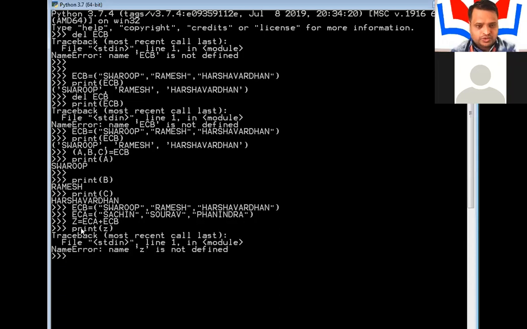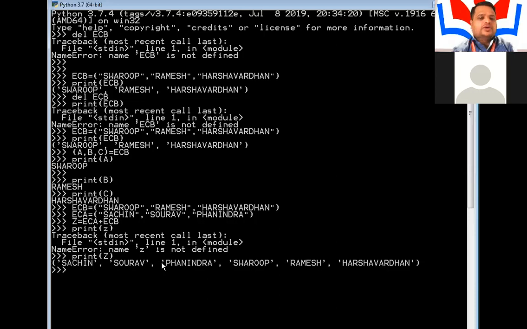Purposefully I had given the small z value here, because it is going to clearly tell you that the name z is not yet defined, since I had defined the capital letter Z. As you all know, Python is very case sensitive, so you should be very careful while specifying the names of the tuples.